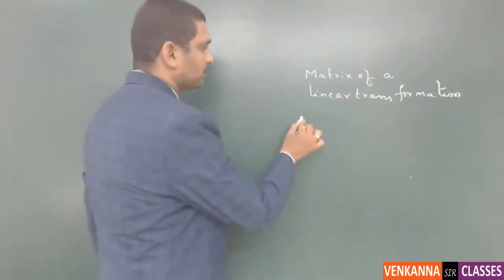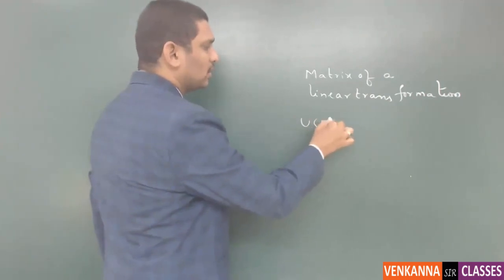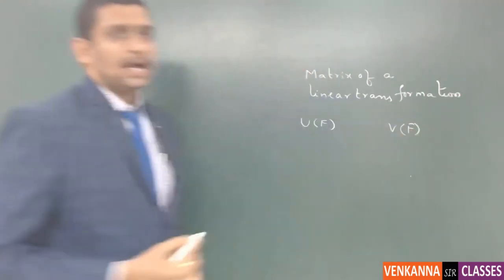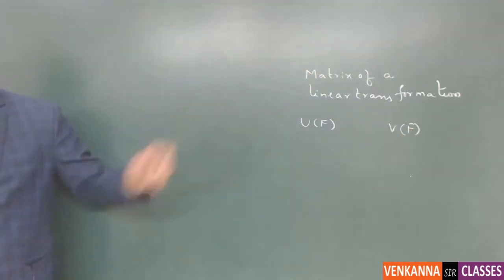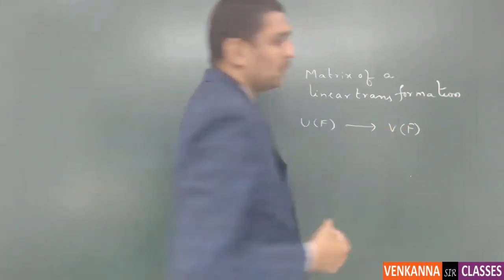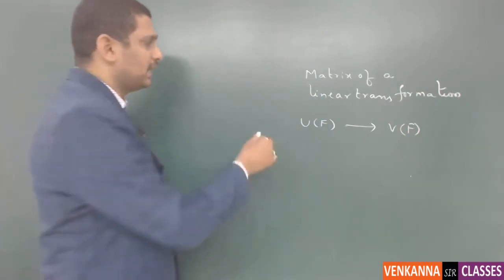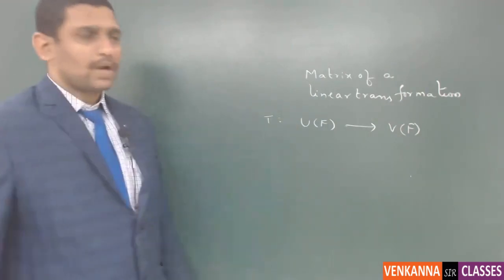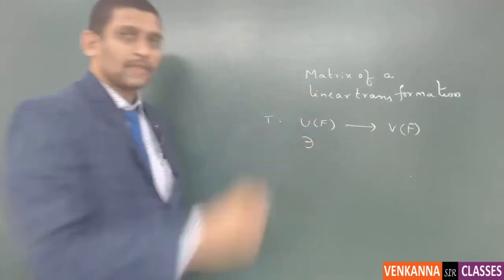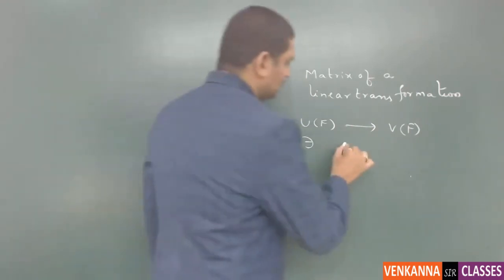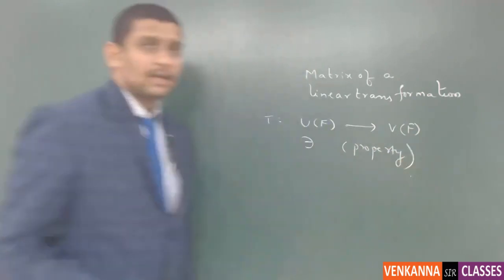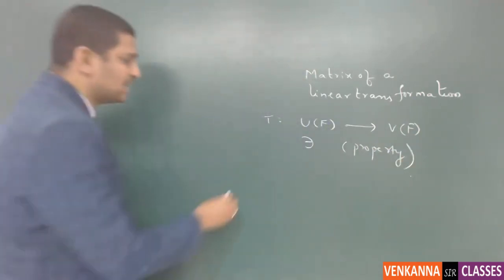That is, whenever we take two vector spaces U and V over the same field F, then we can define a function T from U(F) to V(F) such that, if it satisfies the condition that